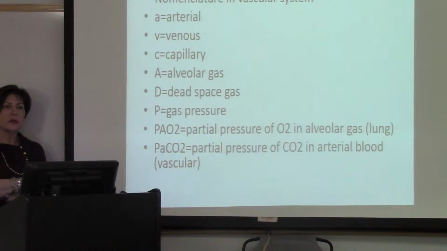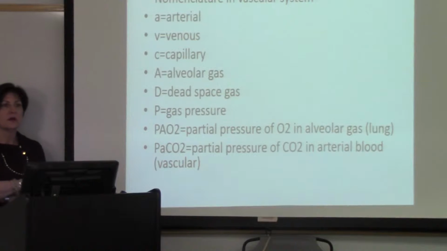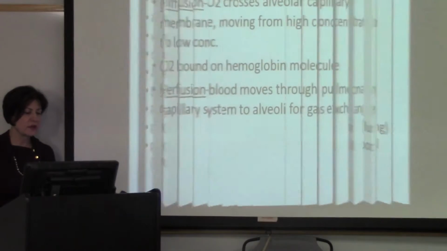When you look at a blood gas, you're looking at the pH, the PaO2, the PaCO2, all right? And so you're looking at the alveolar level. We're wondering what the gas exchange is, and that's why we do blood gases on people. We want to know what's going on. Are they metabolically acidotic, or are they respiratorily acidotic? We want to know where it is being driven from. Sometimes people are mixed, a little bit of both. And that's what our blood gases tell us.